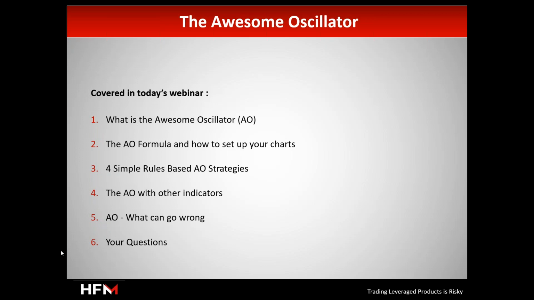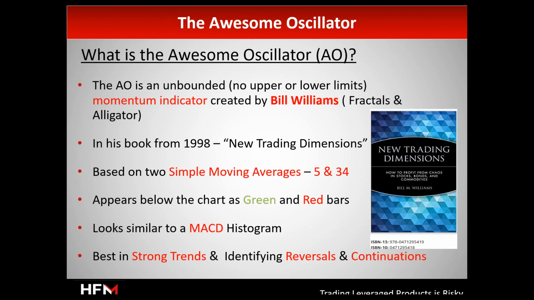I mean, obviously there are a million indicators out there that you can use, but no one is perfect. All of them have some disadvantages, small ones, limited ones or not, but nothing can be perfect, right? There is also a space for some errors. So what can go wrong? I'm going to cover what can go wrong in order for you to be aware. And of course, you can interrupt me anytime you want and ask anything in regards to the Awesome Oscillator. So first of all, let's go through what it is.